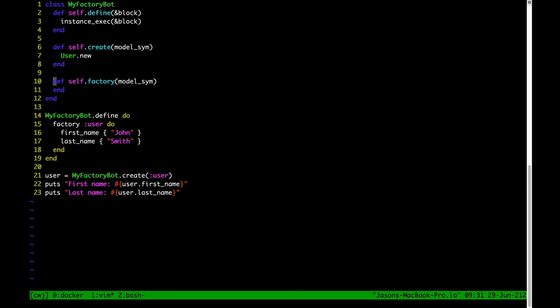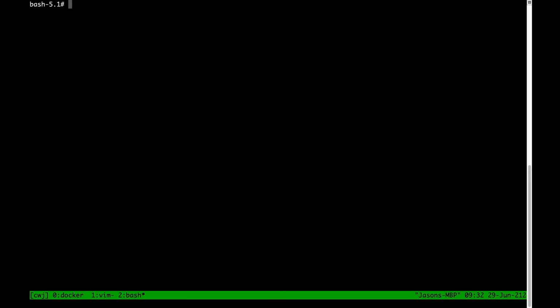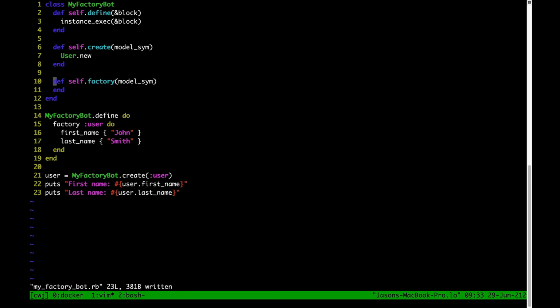I'll call it model sim because this is a symbol that represents a model, corresponds to a model. Run this again, what do we get? Okay, no errors now, but again, no values for first name and last name. So we'll have to fix that somehow. I'm not too sure how we're going to fix that, but let's not even worry about that for right now,